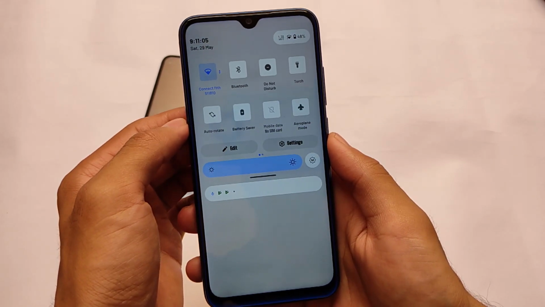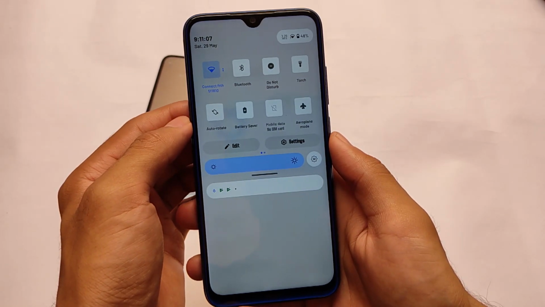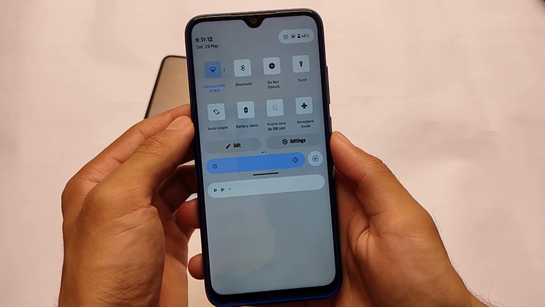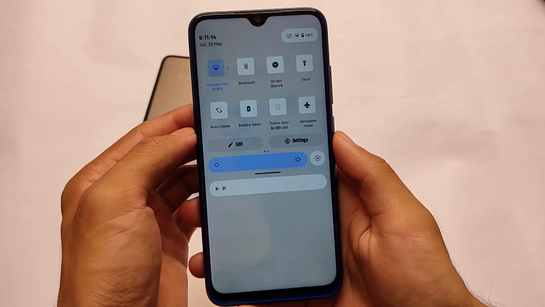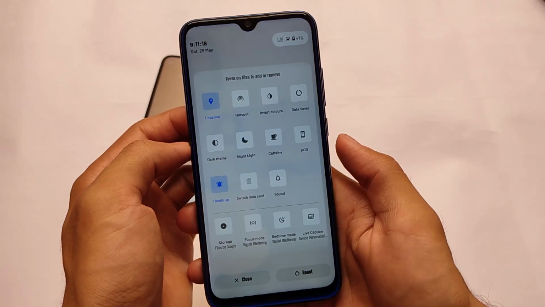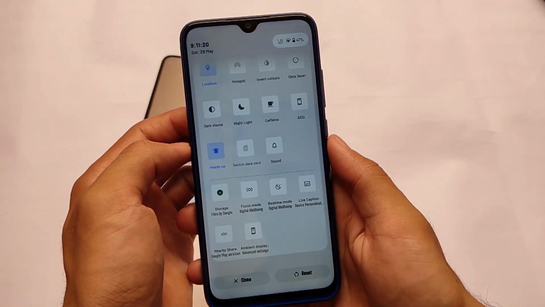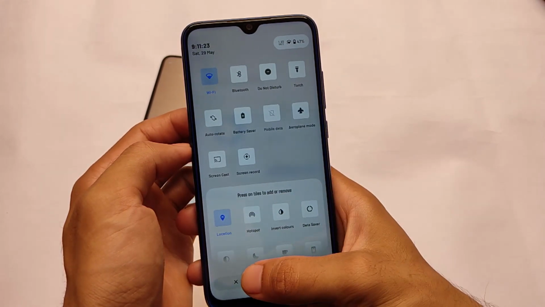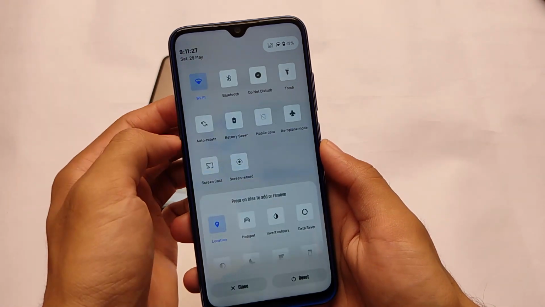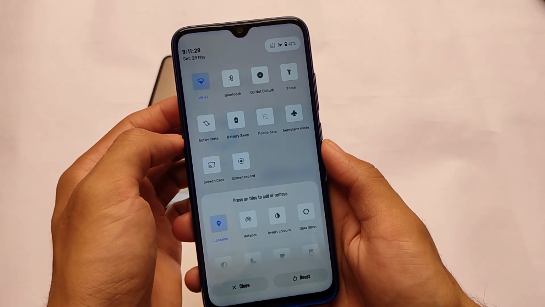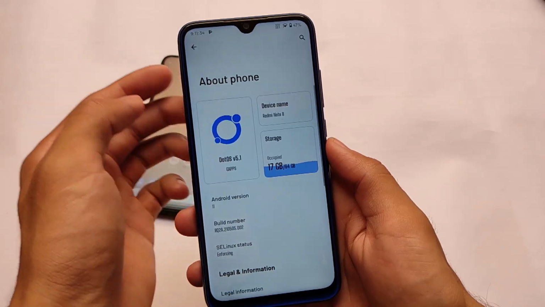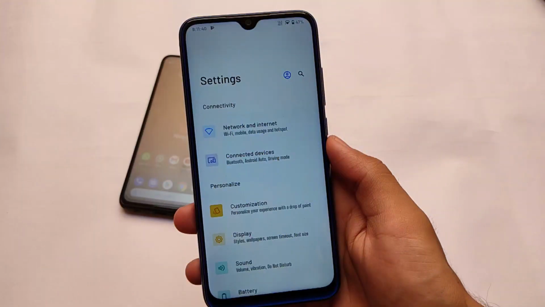Basically, as you can see at the quick settings panel, we have Android 12 related UI. It also has the palette color, like it will automatically change the accent color whenever you apply the wallpaper like that. It looks quite good and it's almost the same feature which you get in Android version 12 beta 1. And as you can see, the quick settings tiles also have this edit button where you can customize these tiles and some extra advanced customizations, but it's not actually Android 12, it's based on Android version 11. Some features are inspired from Android 12, some UI changes are from Android version 12 here.